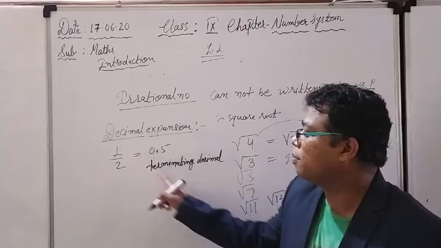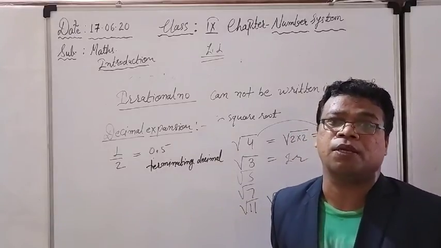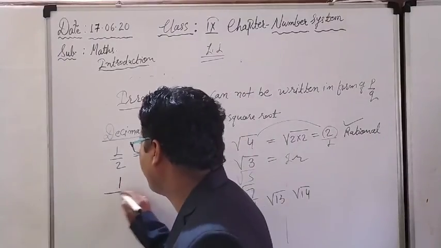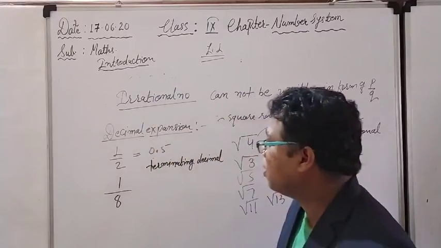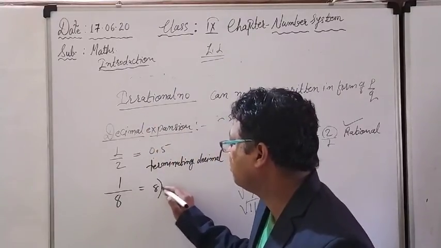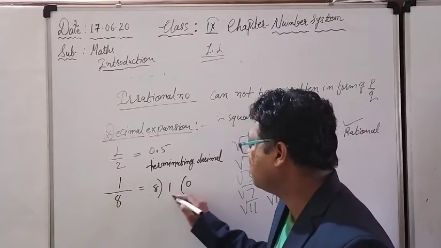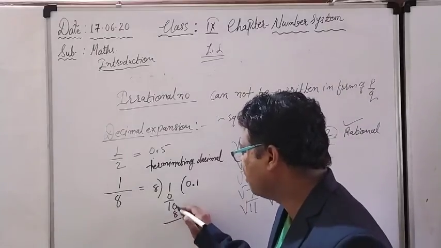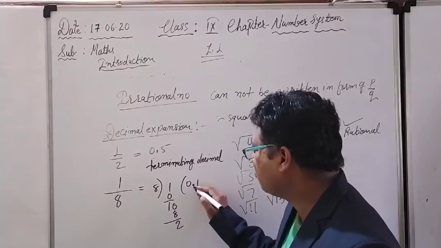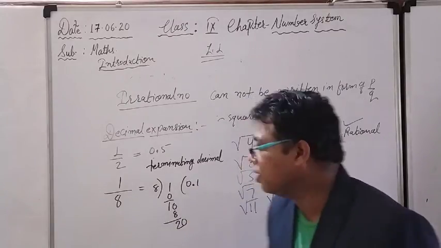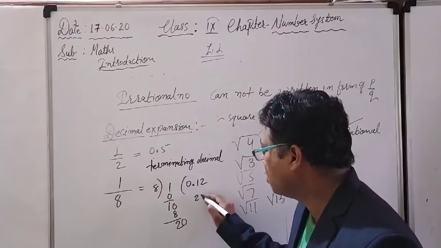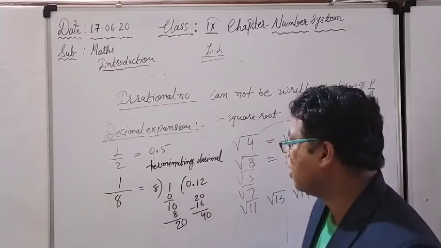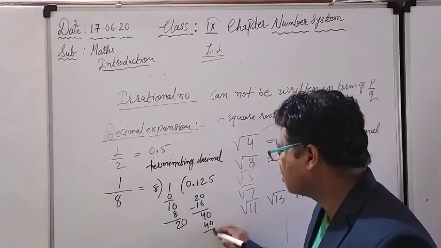It means that all rational numbers are of the terminating decimal type. Their decimal number will terminate at some point. For example, another example I am taking in front of you, 1 upon 8, and if you divide it, what do you get? 8 0 times. After the point consider it becomes 10. After that 8 1s are 8, 10 minus 8 will give you 2 remainder. After that point I have taken, so I can take 20, and 8 2s are 16. Look here, 20 minus 16 gives me 4, and again the point is there, so I will consider 0, and 8 5s are 40. This is how we can do the process.